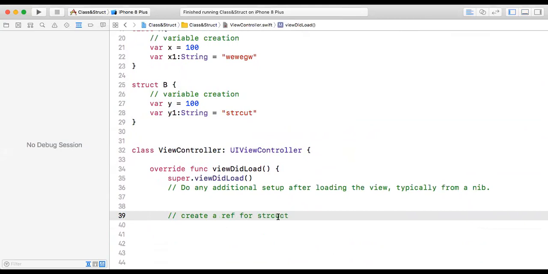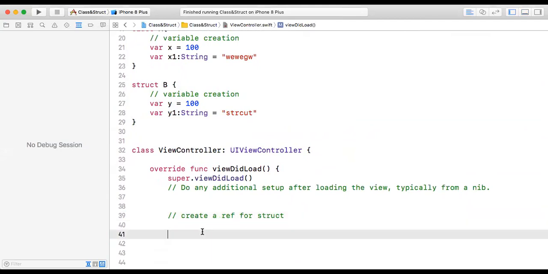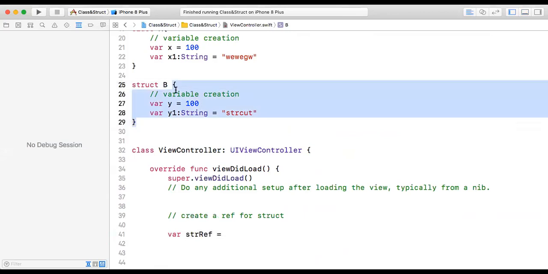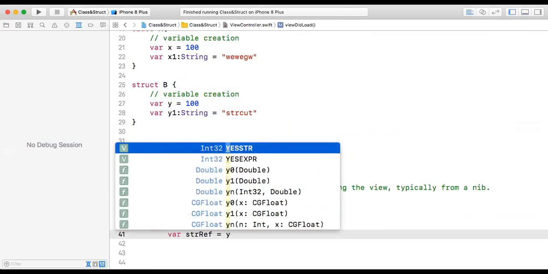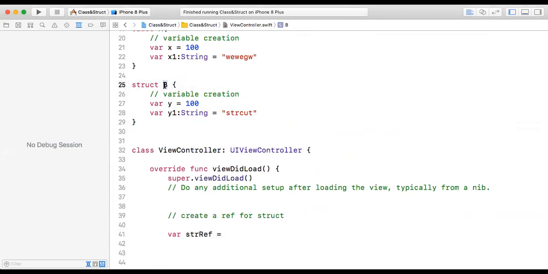I want to create a reference for my structure. This is the same way we create it for a class, a simple variable, and to this variable you store what you want. When I want to access an integer or a string, I write something like this. Now I want to access my entire structure. Without initializing my structure, I cannot access anything here. If I try to access the y value here, it doesn't know what the y value is. So I have to access my structure first, and only then can I access all the variables. Now I want to access b here,